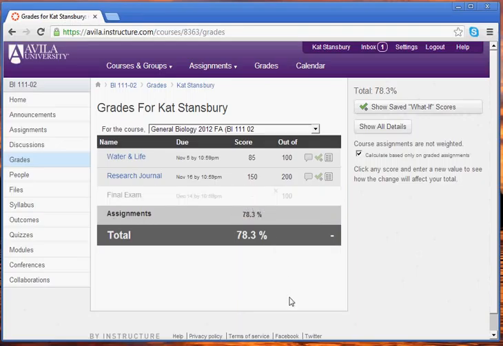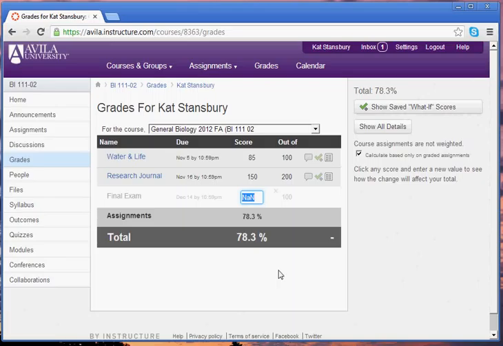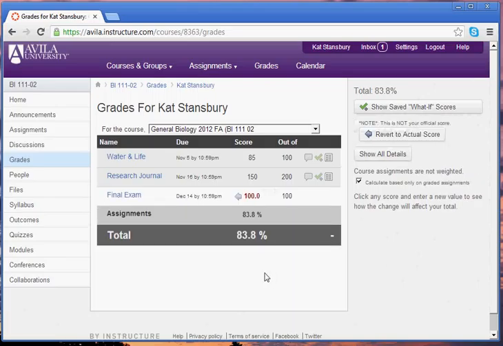So one of the cool features in this thing is they can start doing these what-if analyses. So if they make 100 on this thing, what will their final grade be? It's going to be a B. So they've kind of blown it on making an A already, right? They might want to try to,